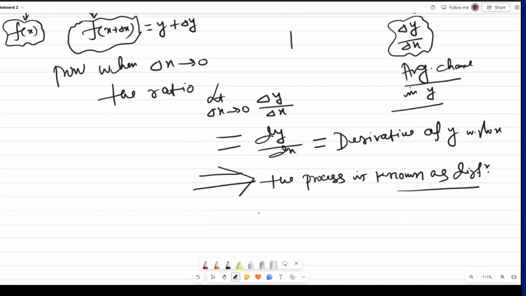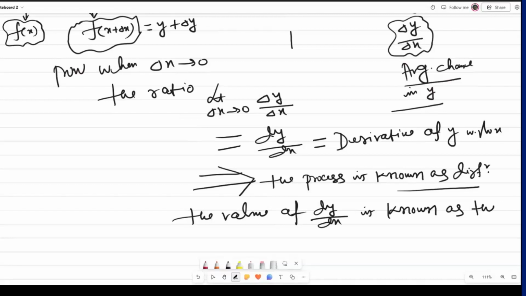The result you got, the value of dy by dx, the value of dy by dx is known as the differential